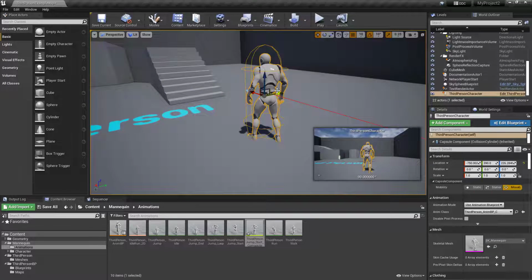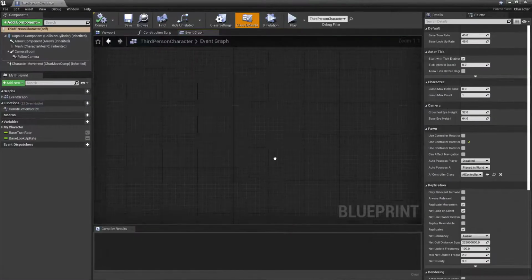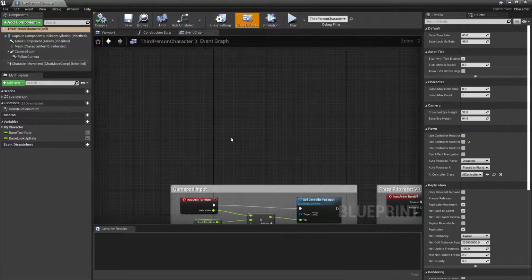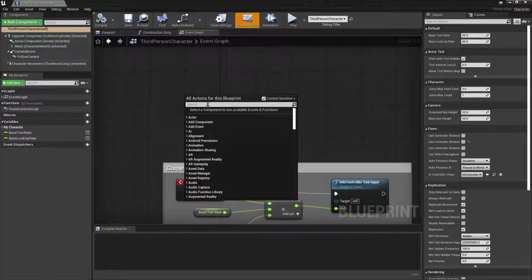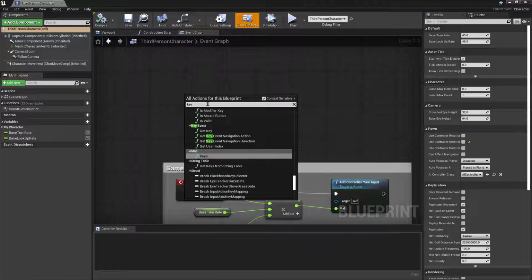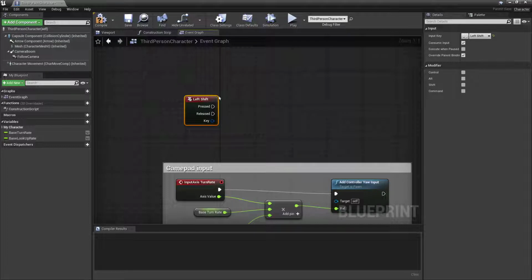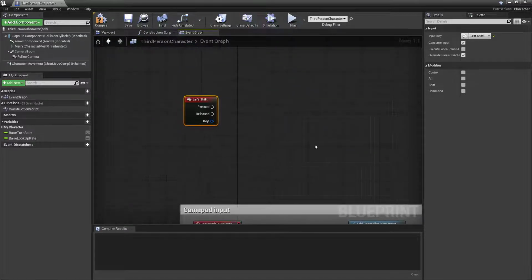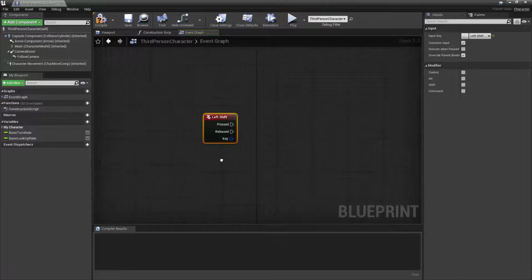button. So first thing I'm going to do is highlight him, press Control and E to open up the blueprint, and we got the blueprint here. Now I'm going to make it work on the shift button, so I'm going to right hand click and search for key left shift, and when we push it down he's going to sprint, and when we release it he's going to go back